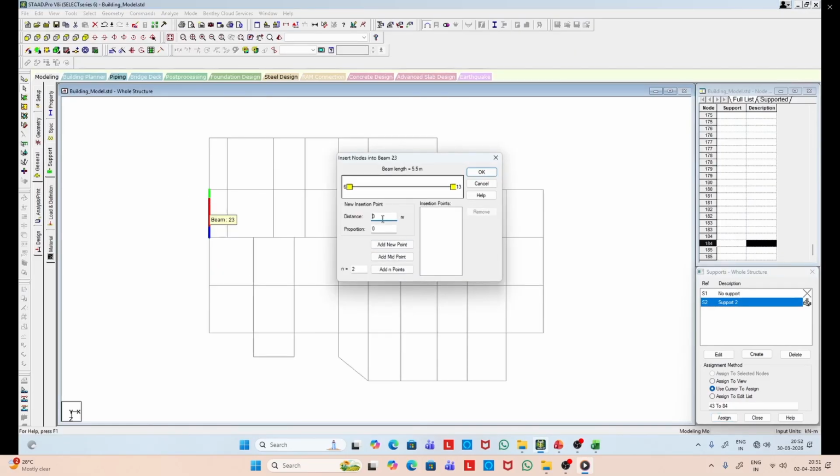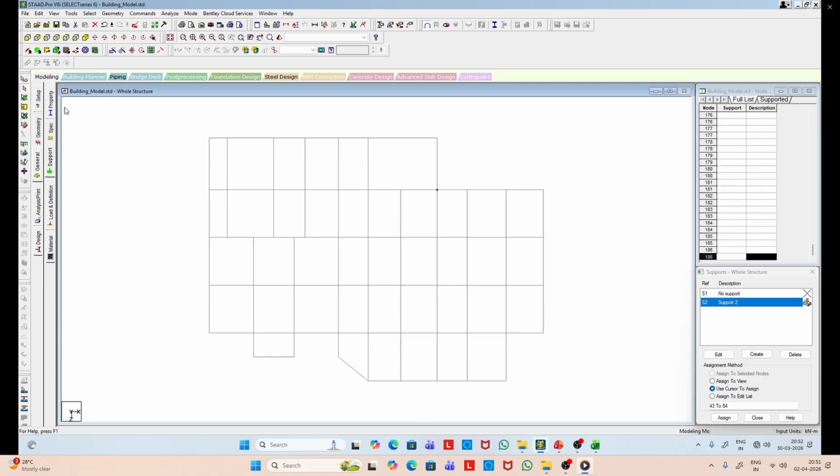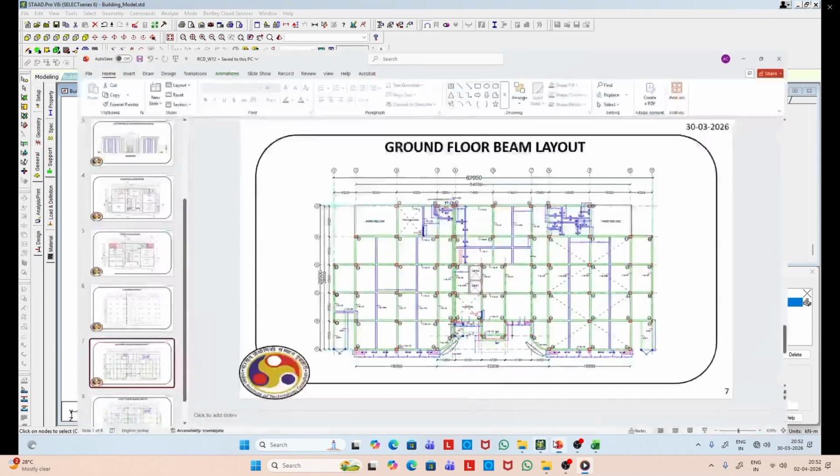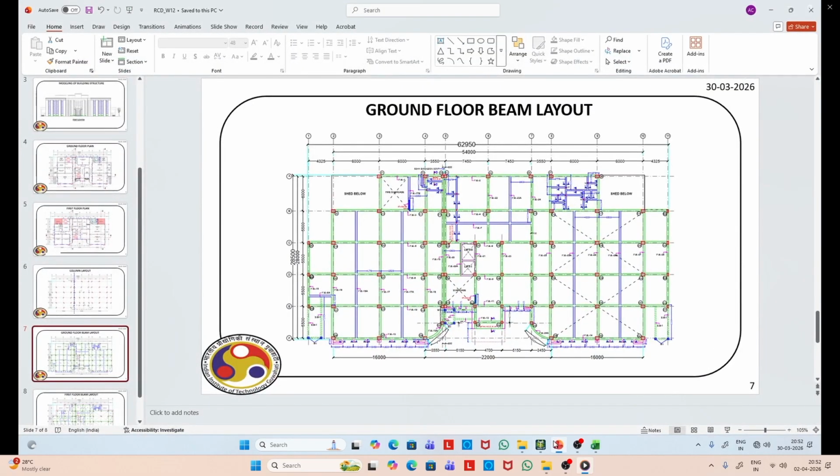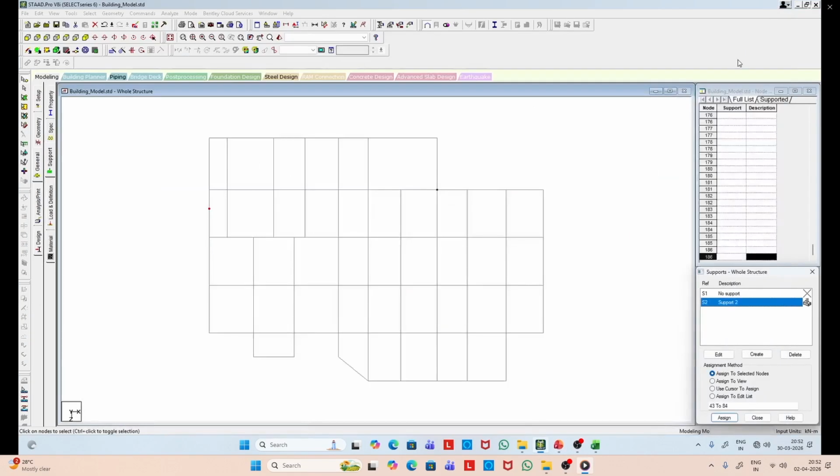Again, we insert a node. So you can see the dimensions, and accordingly we have to copy.